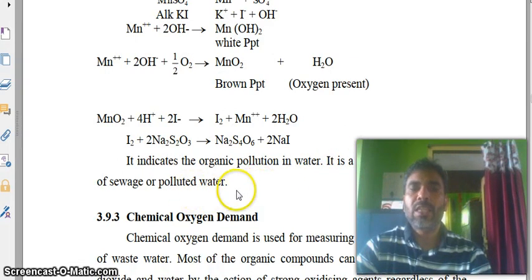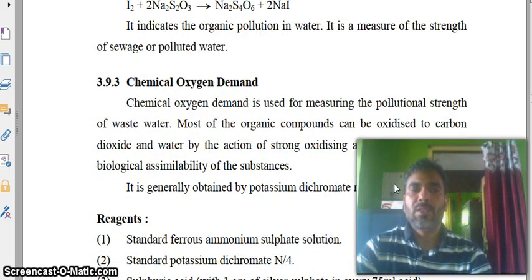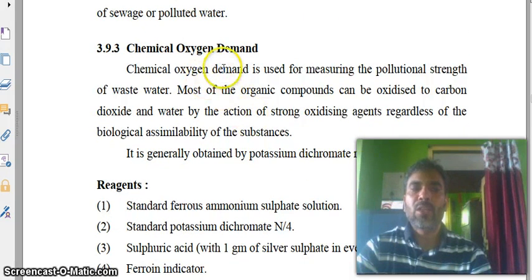So it indicates the organic pollution in water. It is a measure of the strength of sewage or polluted waters. Now another important test, chemical oxygen demand, we call it COD. Chemical oxygen demand is used for measuring the